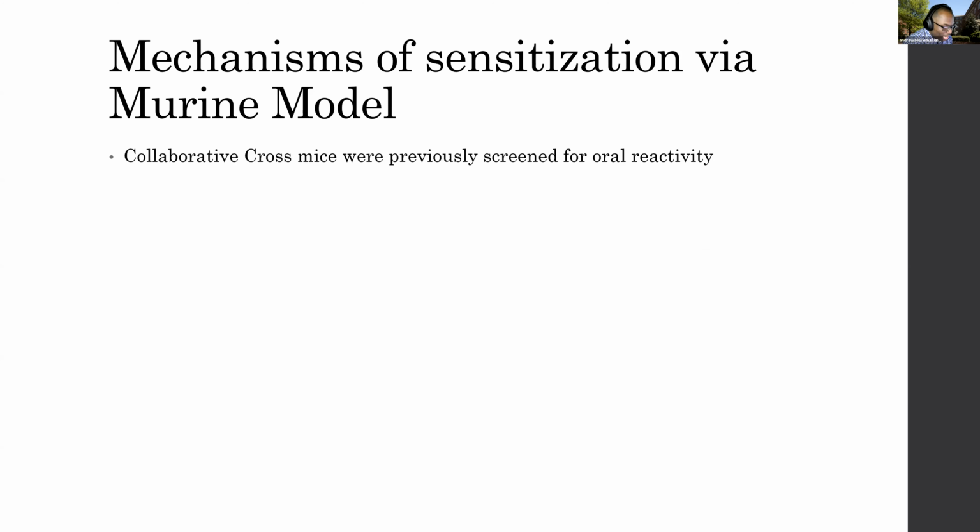So in the title, you saw that I mentioned genetically susceptible mice. And what I mean by that is that in order to study food allergy and the gut microbiome, we need a model. Not a model in a computational sense, but more of a mechanistic model to study these things in mice. And so at UNC, there's this project called the Collaborative Cross, where a bunch of mice